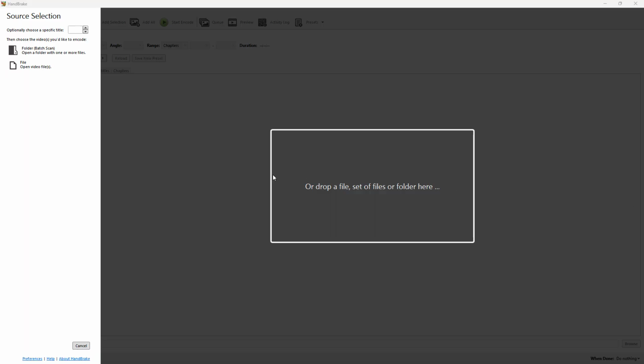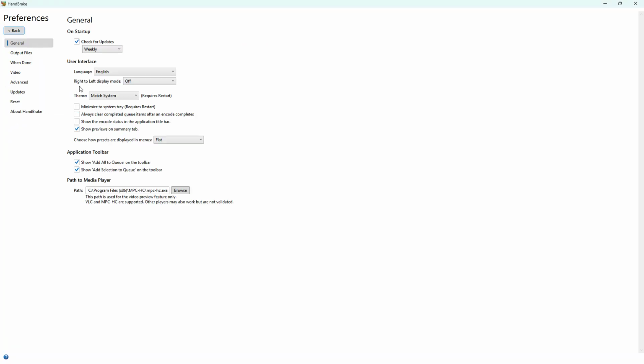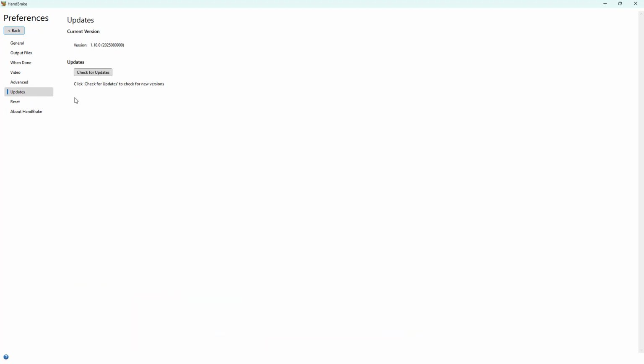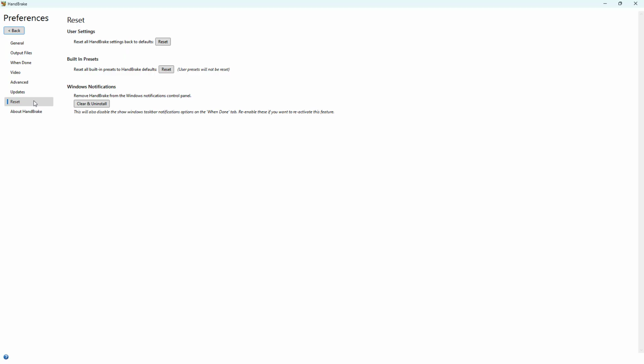So over here in Handbrake, if I were to go onto Tools and Preferences, I might have changed many of these settings right here. Let's say, for example, I may have changed this and so forth right here. But let's say you want the application to behave as it was when you just freshly installed Handbrake. In that case, you can simply go onto the reset section right here in Tool Preferences, and then